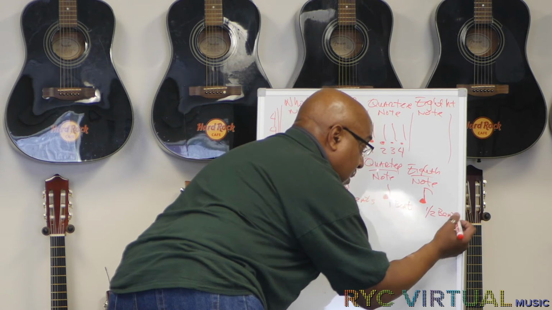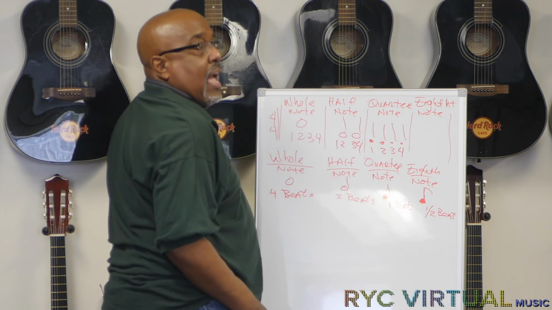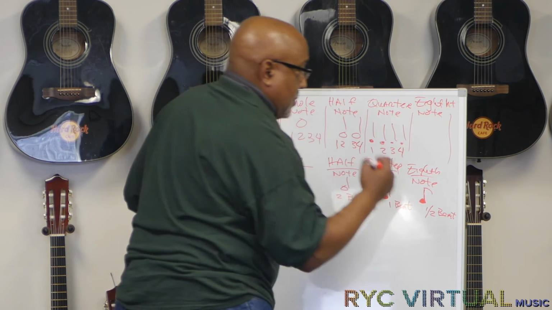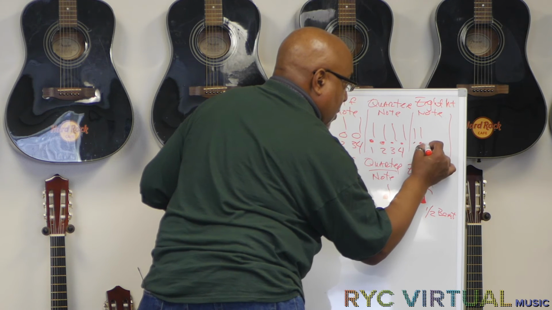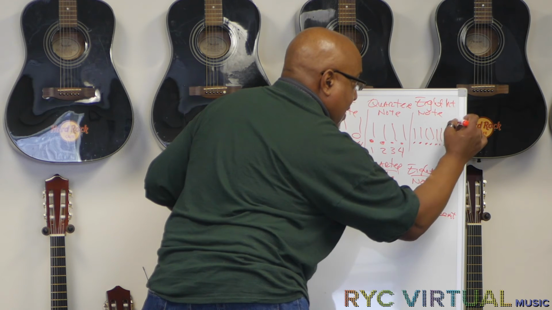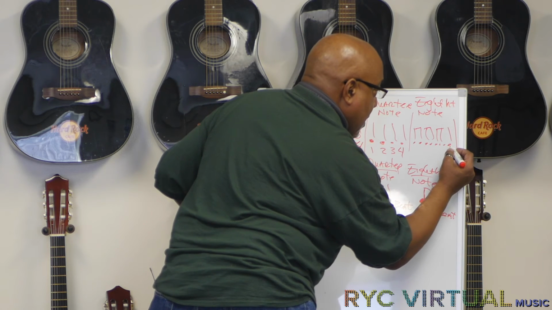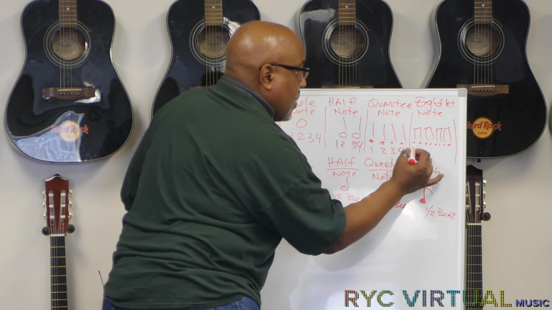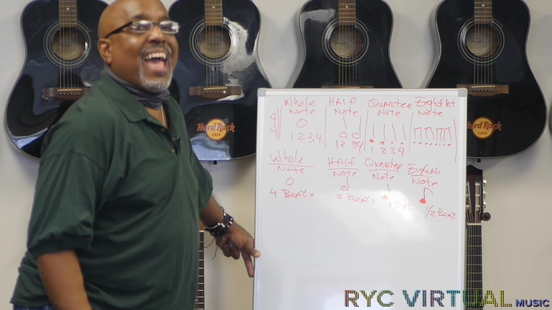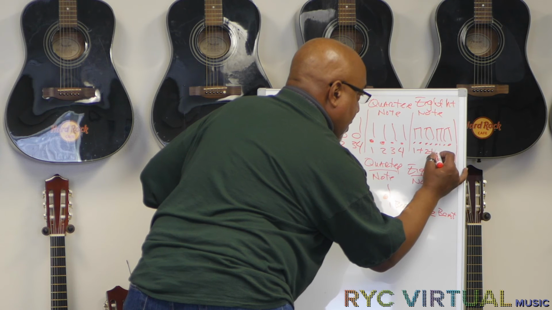Wow, you're saying, wow, how's that gonna work, right? So, how many do you think you need in a 4/4 bar of eighth notes? It's very simple. You need 1, 2, 3, 4, 5, 6, 7, 8, like that. All right, 1, 2, 3, 4, 5, 6, 7, 8. Because they're worth a half a beat, right? So this is how you count them. 1 and 2 and 3 and